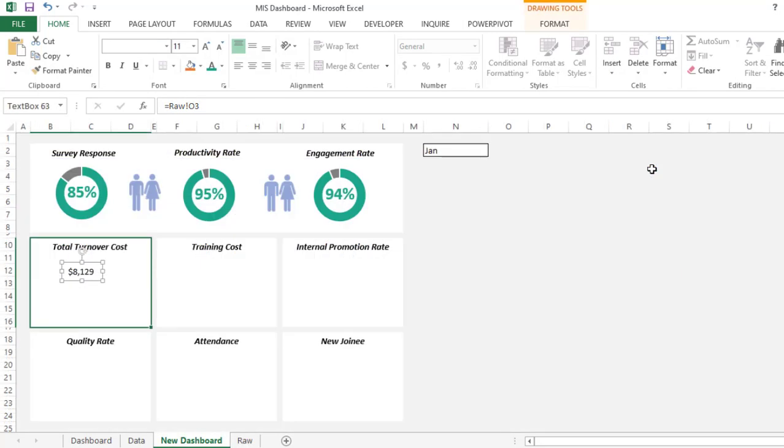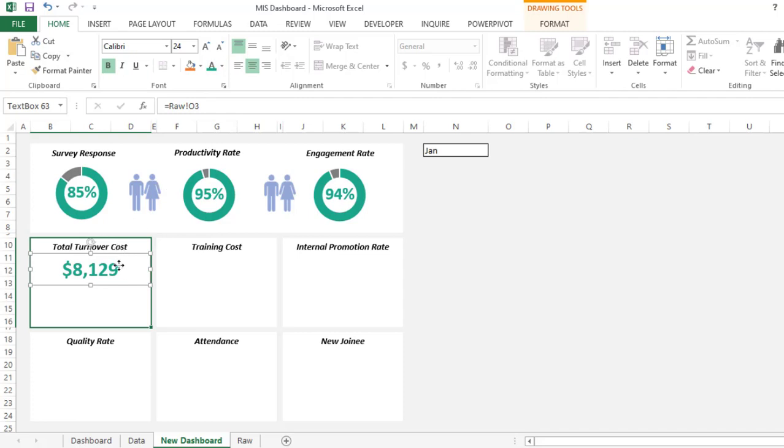Then press enter. Now you can see we are getting the value here, right? Now make some alignment so that we can easily copy to the other cells also. Make it center, then change the size to 24, bold, and change the font color also.